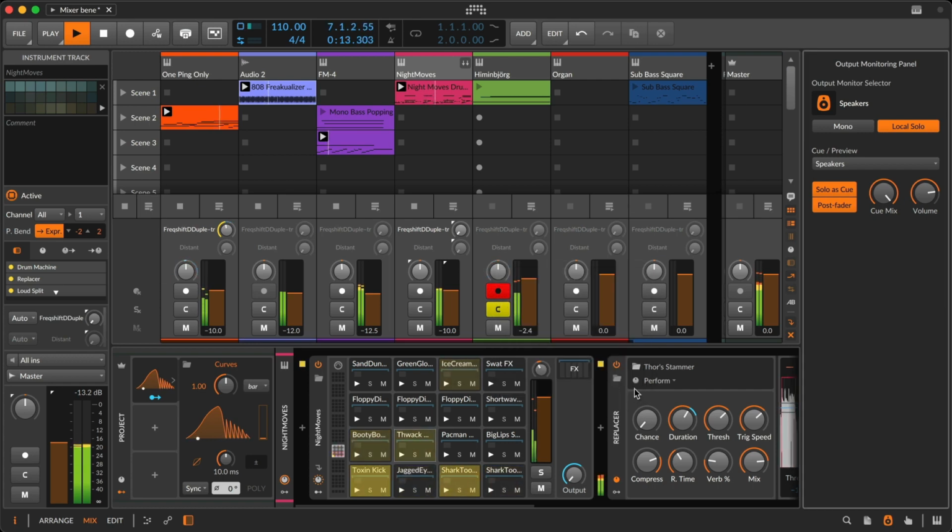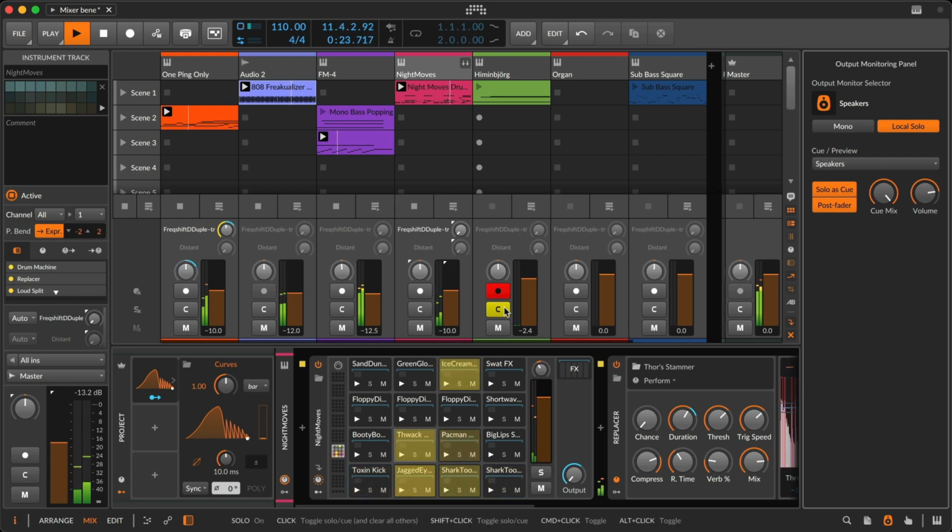We can turn that off for now. And if I bring the cue mix down a little bit, I'm just relatively mixing this one track in terms of everything else, kind of dimming everything else so that I can hear the primary track that I'm focusing on. Or back to normal.